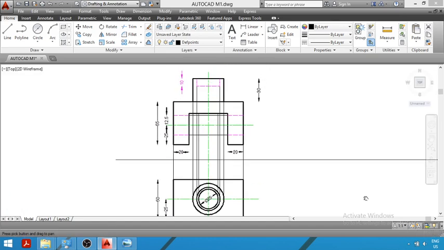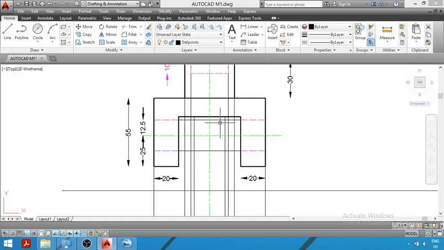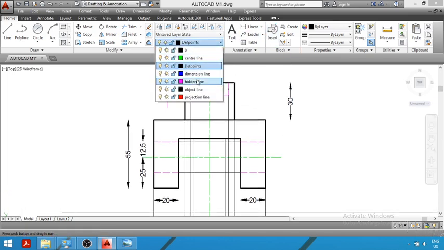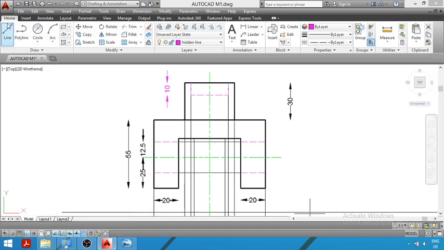Now in the next step we will show the hole. For showing the hole, you have to draw hidden lines, that is dotted lines. So from this point on this lower surface, draw a vertical line. We have drawn a vertical line. Again from this point we will draw a vertical line. Now you can see both these lines are dotted, since the lower part of the hole will not be visible. So we have drawn here the upper hole and we have drawn here the lower hole.